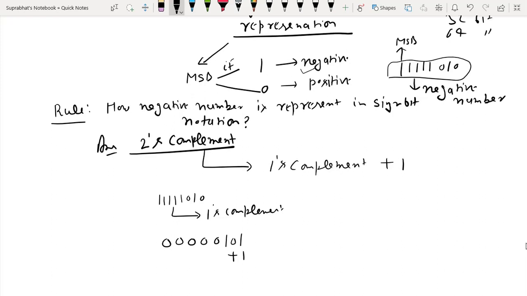on this. Now add 1 of this. This is 1's complement. Again I am repeating our answer of this. After seeing the last bit, that is MSB, we identify that this is a negative number, so the representation of negative numbers is in 2's complement. So we first calculate the 1's complement, then add 1 on it. So the 1's complement of this number is 0 0 0 0 0, simply 1 equals 0.